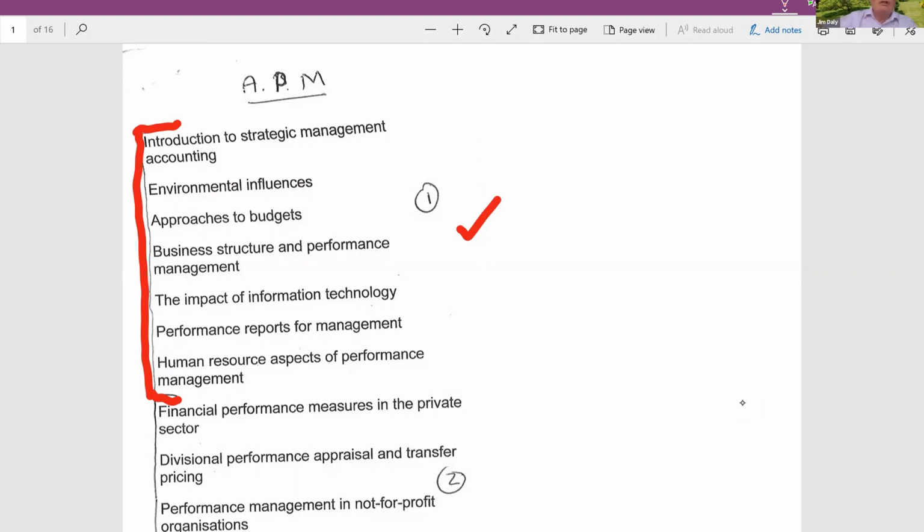So, a quick little introduction, and something important: if you have done the SPL or are in the process of doing the SPL paper, that will stand to you absolutely no end with regards to the APM. There's a lot of crossover, and you'll see that from the syllabus as we go through it. So just in taking those 7 areas as outlined by Kaplan in the content sheet for this particular course,